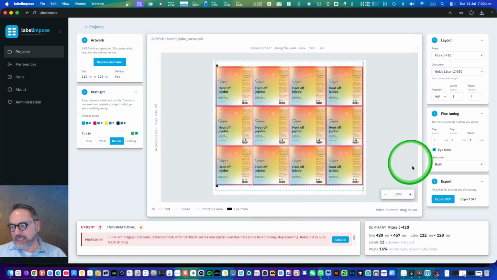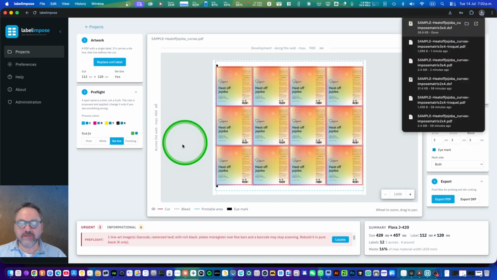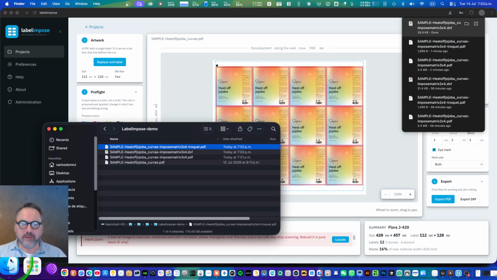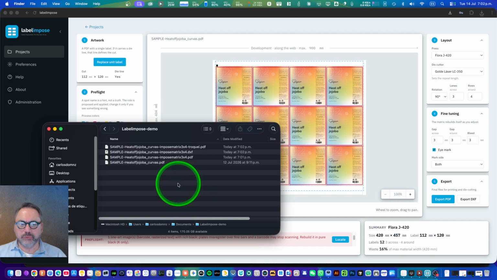And also we can export the DXF file. A DXF file is what the laser cutter and the plotter cutter use to actually cut. Some of them can import PDF, but in the end it converts a PDF to a DXF file. You don't need to do that.